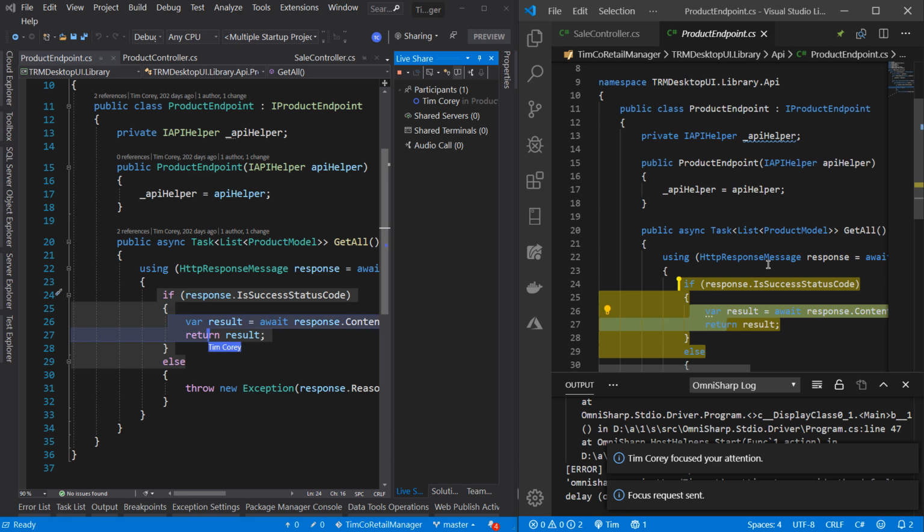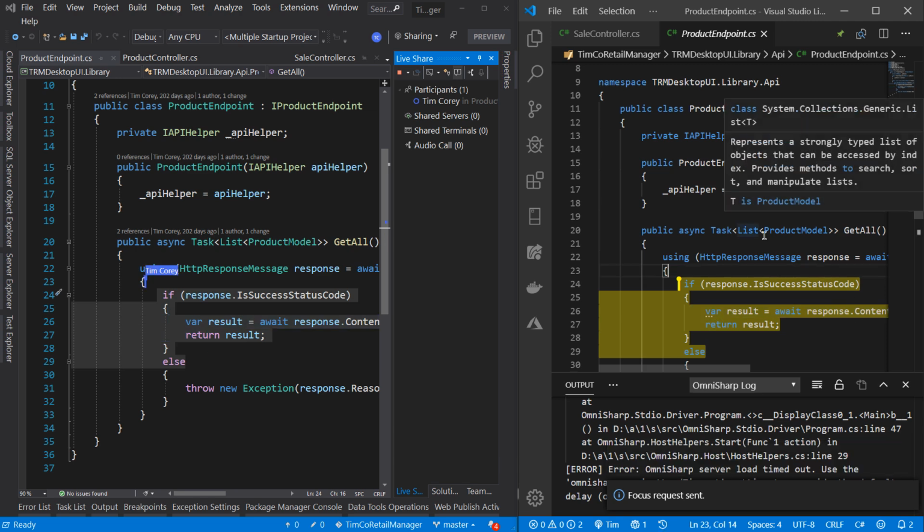And I can even highlight inside that. All right. So now it's giving you that focus. So back and forth, you can go saying, okay, look at this, and send them there. And on the other side, you can say, oh, but look at this, and send them to another spot. So it very quickly allows you to go back and forth, even through the entire solution and all the different